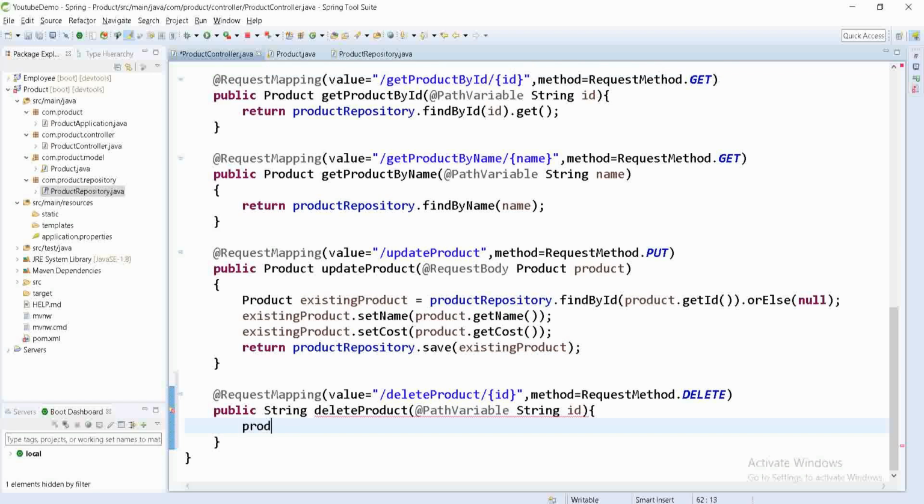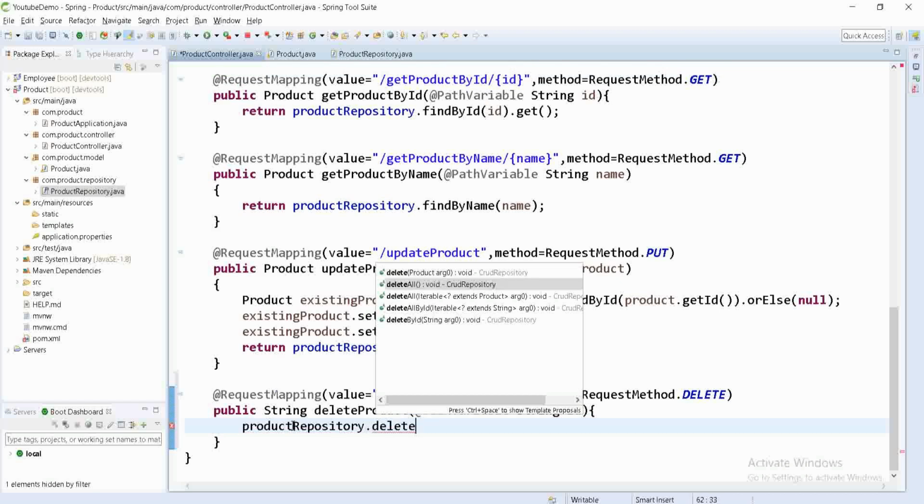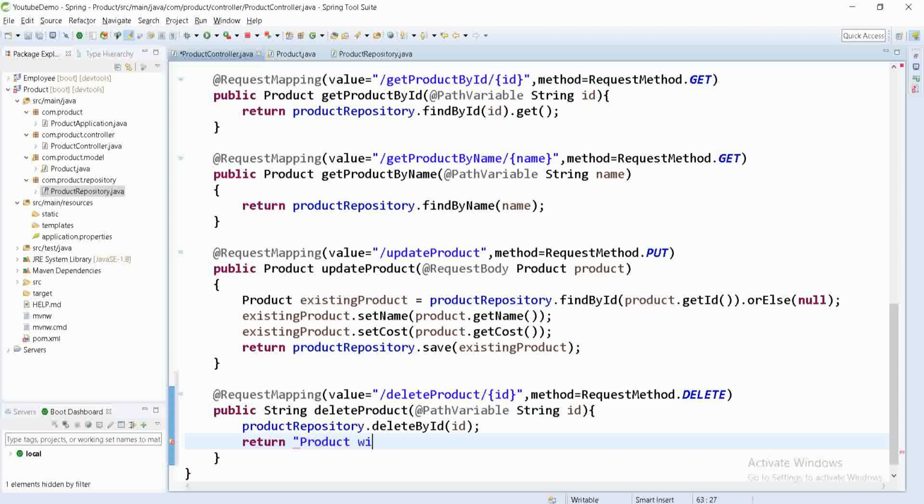So here the product repository provides one method, delete by ID, and in this we have to pass this ID, and here the type is string, so I am going to return like product with ID, I am going to return here, is deleted successfully.